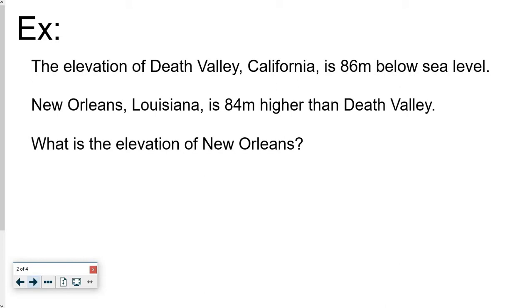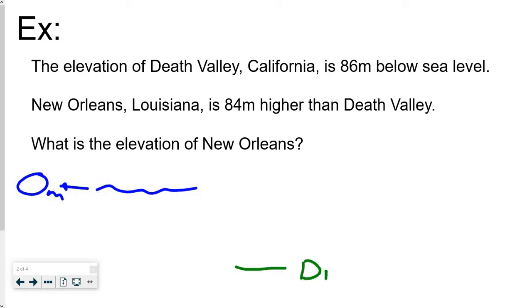So for me, this works if I draw pictures. So I know that sea level is right here. And for those that don't know, sea level starts at 0 meters. That's what 0 meters is, what sea level is recorded as. So if Death Valley is down here at negative 86,